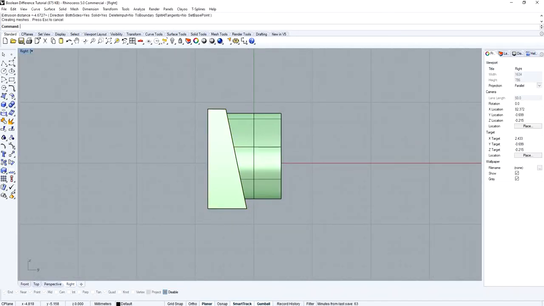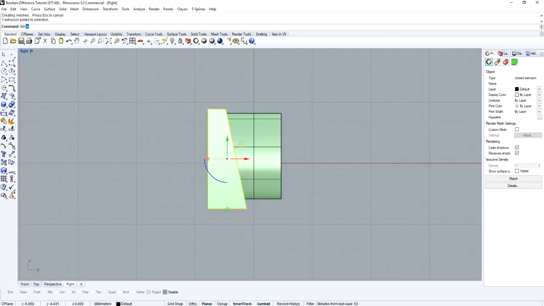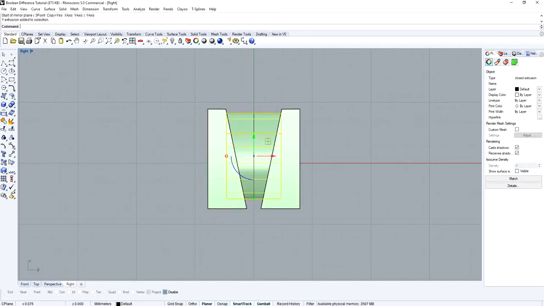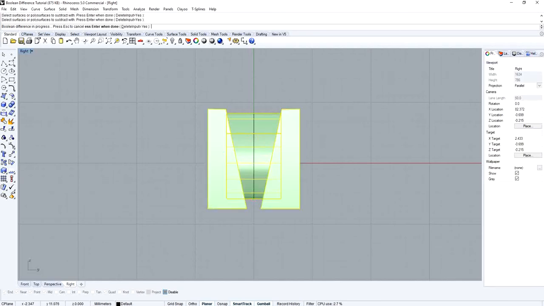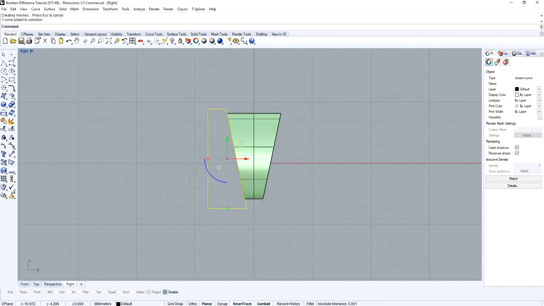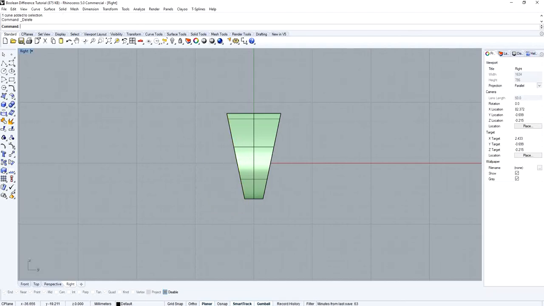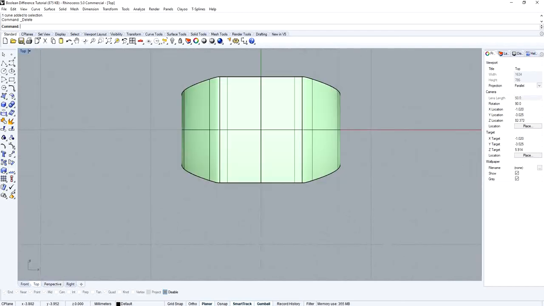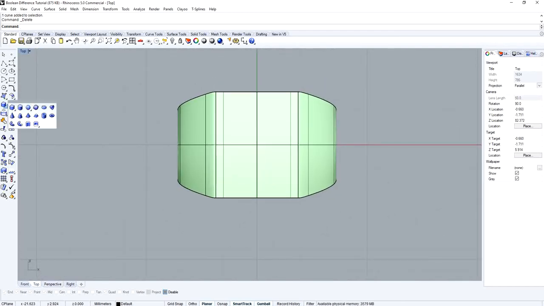Again in the right view, taking the mirror copy on the y-axis. Now select this ring, Boolean difference, select the cutting objects and right click, select the curve and delete. See, we have a ring here, and again if I want something on the top, suppose I am taking a